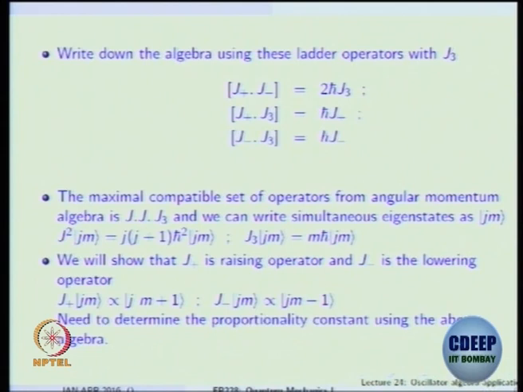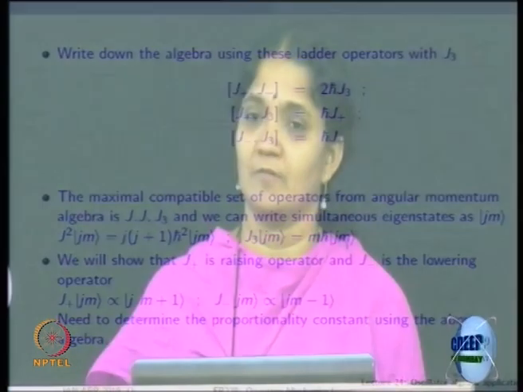Not only that, as he has already pointed out, we need to figure out that m takes values from minus j to plus j. We have to also figure out that j could be integers, could be half-odd integers, all these possibilities, because if you do Stern-Gerlach, j is actually half. If you do orbital angular momentum, j is actually integers. So all possibilities are allowed, and this has to be figured out. We have not still done that. So for that, we use the Schwinger oscillator method.